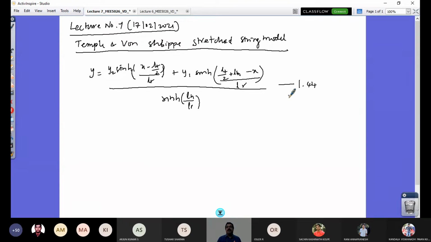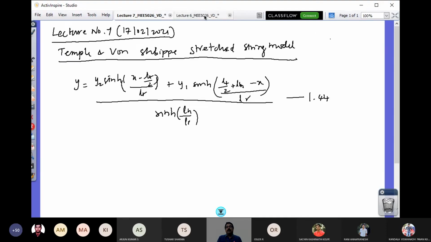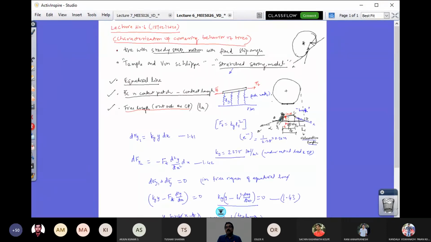What you have to understand in this model is that part of the equatorial line AB is going to occupy the position of BC. So let me put that here once again. This portion AB is going to occupy position BC. So you should have a common tangent between AB and BC. That is understood, right?